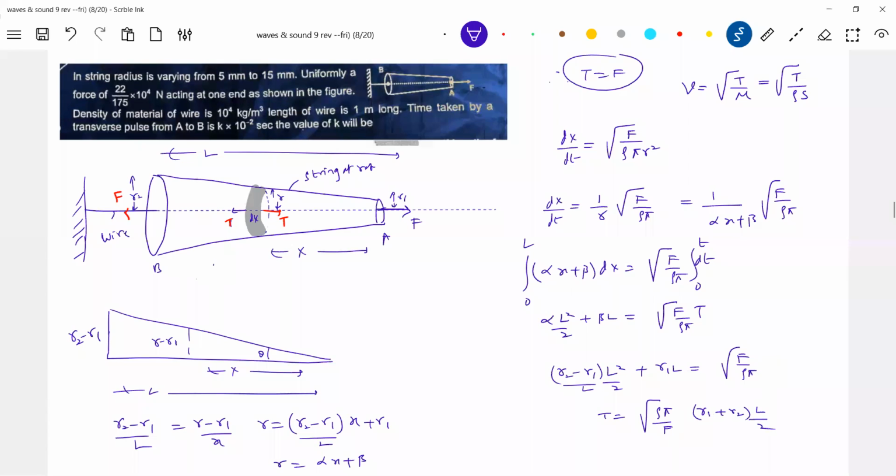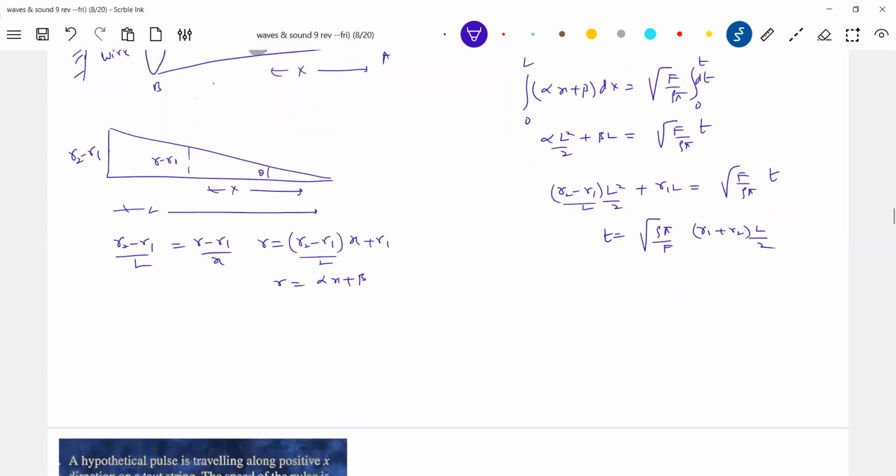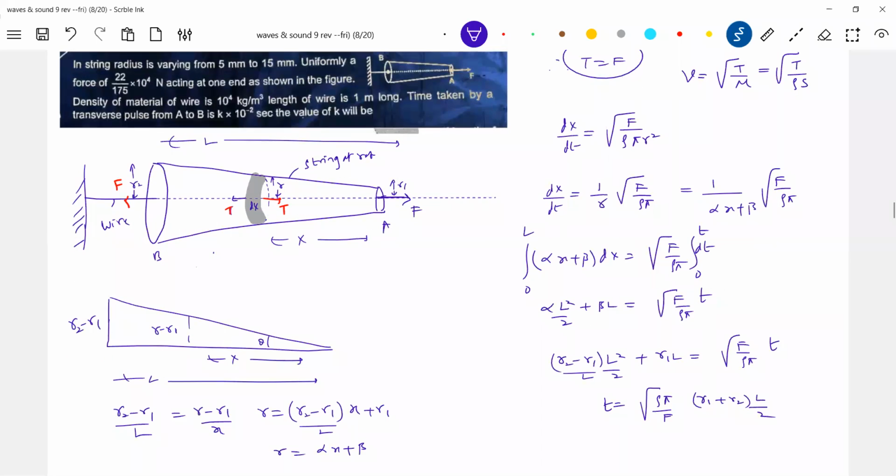Don't get confused with the different thing. I think you go back, so many questions are there. Rod rotating, then the time taken by the wave to propagate from left end to right end. We had even discussion like this also. If I generate a pulse, time taken by the pulse to move from here to here. Even we can ask you like this also. The pulse is generated. What is the time taken to move from axis to the end? I can also ask you like this.